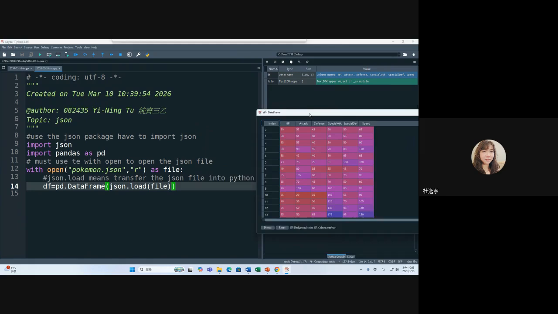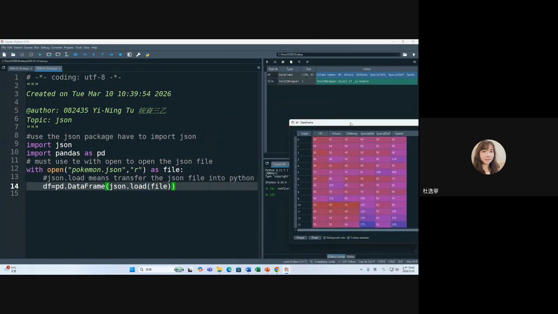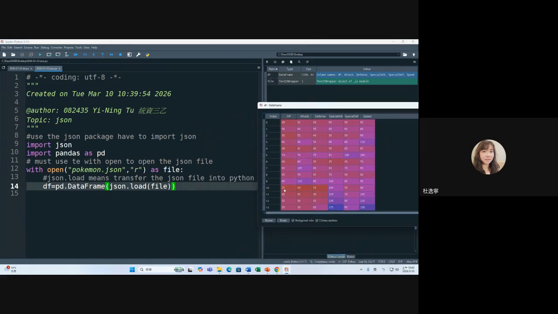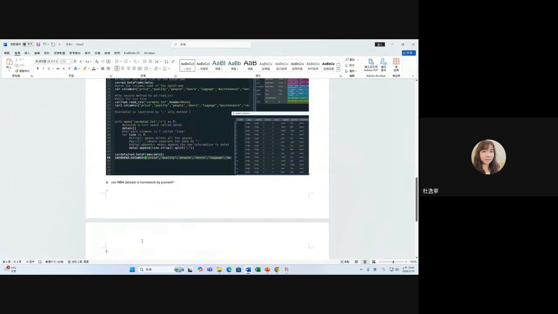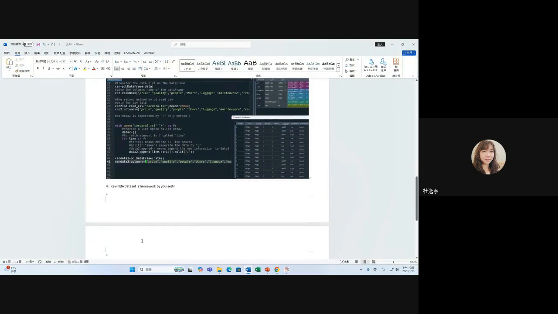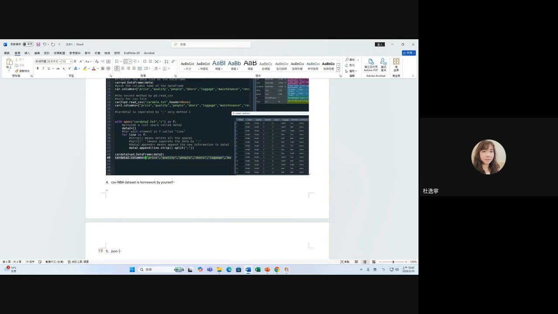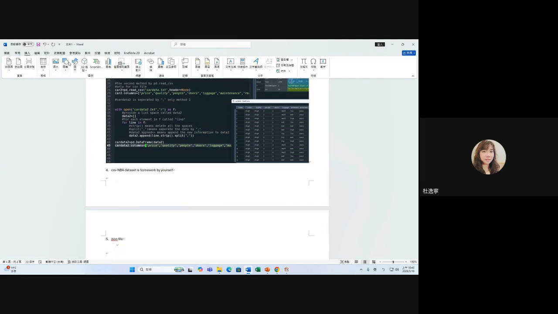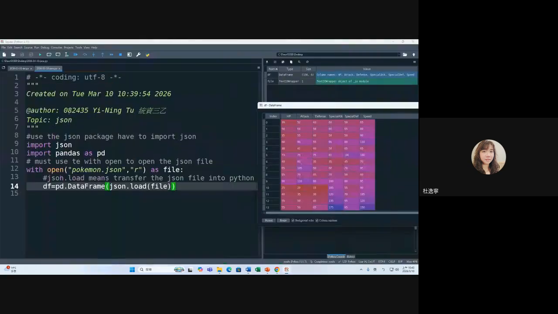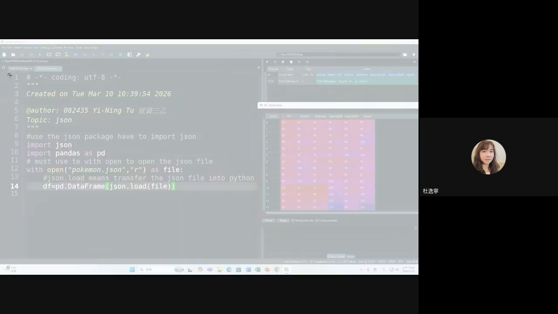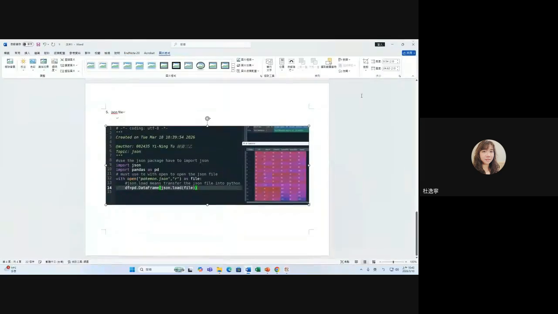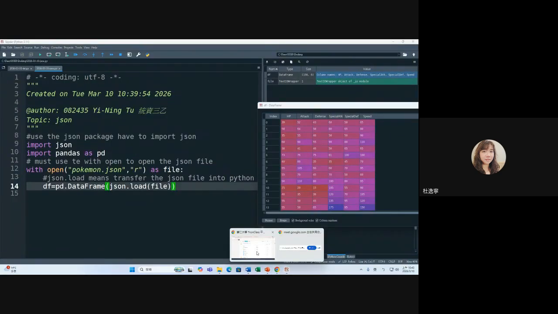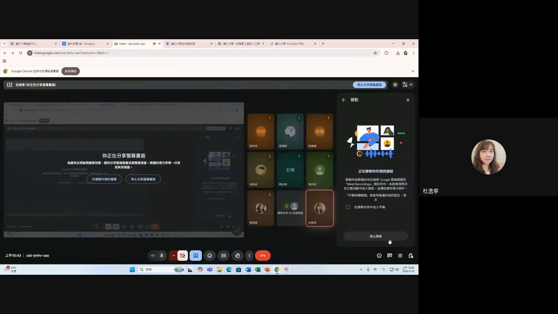So please also, we want you to insert number 5, the JSON file. Please insert this part with your name, your code, and the result, just like this. Okay, I'll stop here and let you try. If you have any questions, please